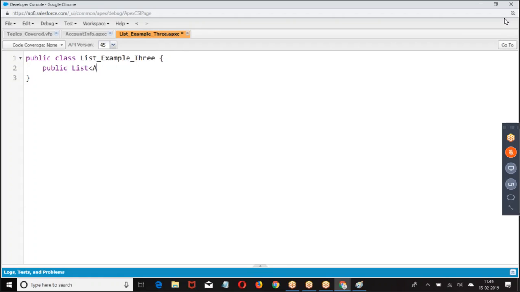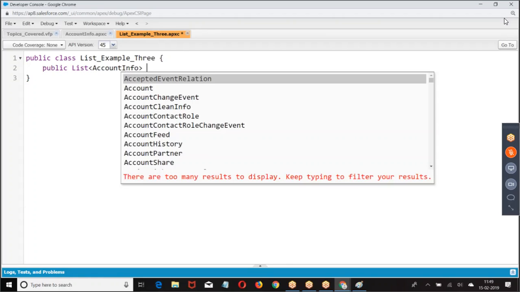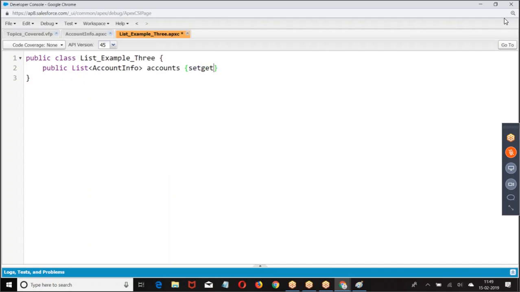Public list of account info. List of account info is a data type. Account info is a single record. Right. Then what should I do?